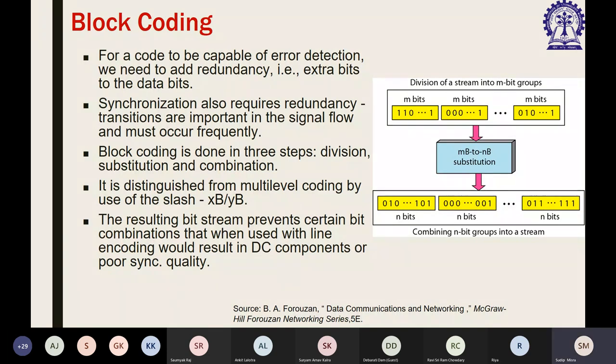So what does it mean? Let us say we are talking about transmission of the data in the form of digital signals. So the digital data has to be converted to digital signals for transmission through the digital medium. And if you are talking about analog data, let us say voice or something, the analog data will also have to be converted in some way so that it can be sent as a digital signal. So analog data has to be converted to digital signal for sending through the transmission medium,